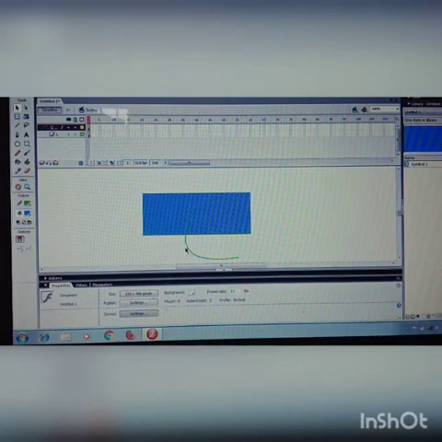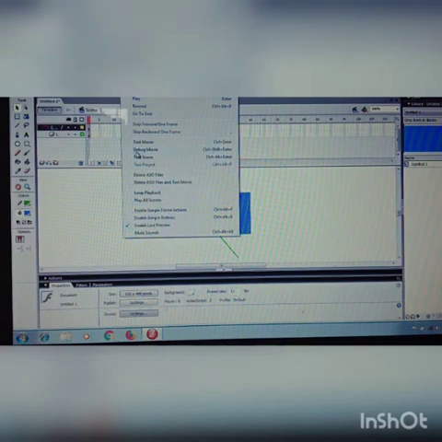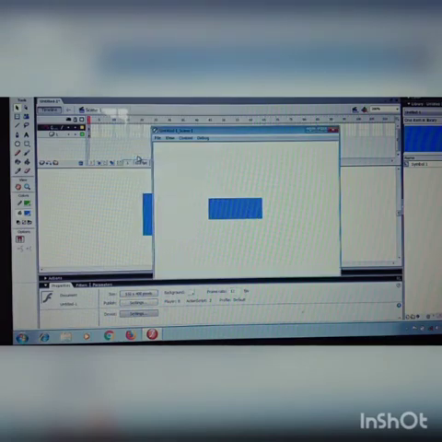All of you see, straight line to a curved line. Then click on Control, Test Scene. See the picture. Okay.